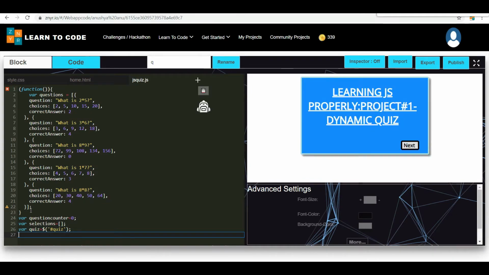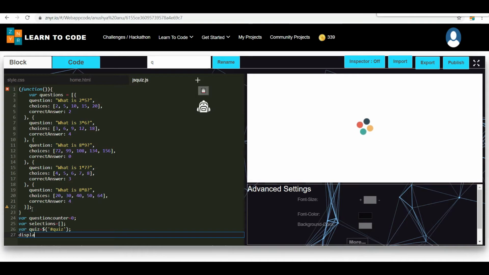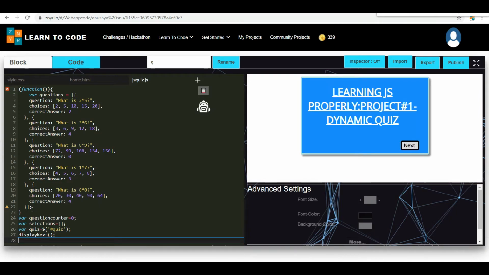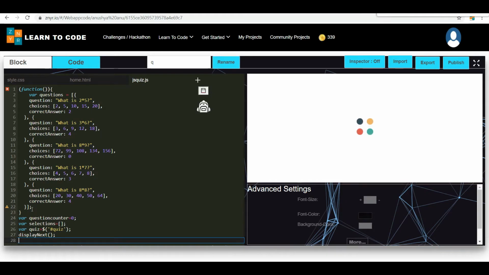Yes. So next it should display the initial question. Once the first question is set up, it should show my next question. For this I need to write display next, and we need to handle the next button. For this I'm going to write the scripting as dollar. Since dollar accepts the next value, hash next